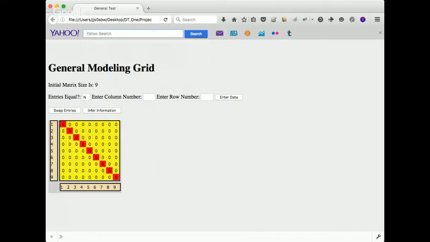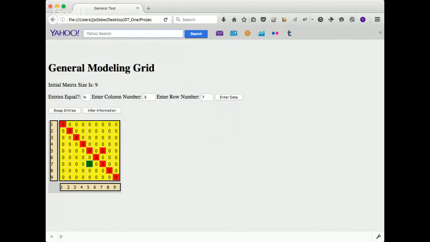Then you start asking questions and gathering empirical data, and you enter that empirical data into the system, and the system itself will keep track of this. So let's say, for example, column 5 is north of row 7. Enter the data.